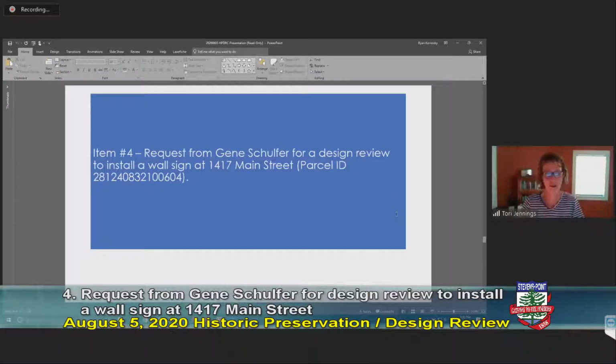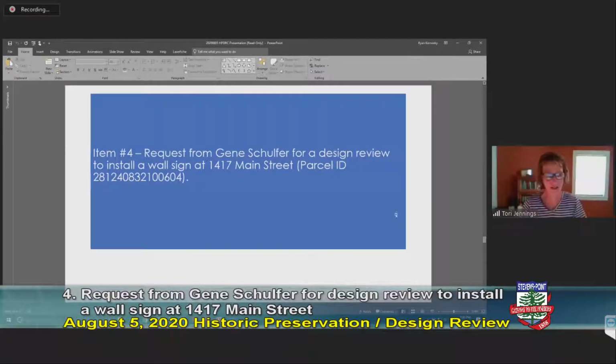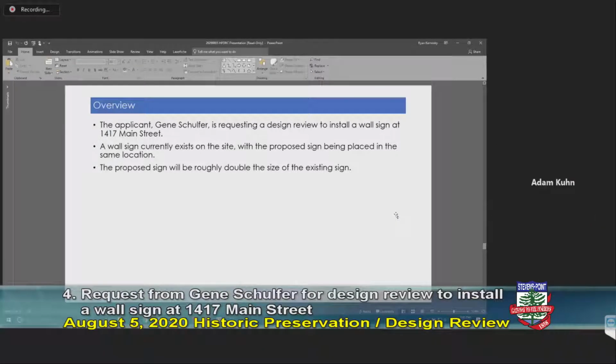Item number 4 is a request from Jean Schulfer for a design review to install a wall sign at 1417 Main Street. Adam, are you going to cover this, please? Yes, thank you, Alder Jennings. So as Alder Jennings just mentioned, the applicant, Jean Schulfer, is requesting a design review to install a wall sign at 1417 Main Street. Now, there is a wall sign that currently exists on the site, with the proposed sign being placed at the same location, and this proposed sign will be roughly double the size of the existing wall